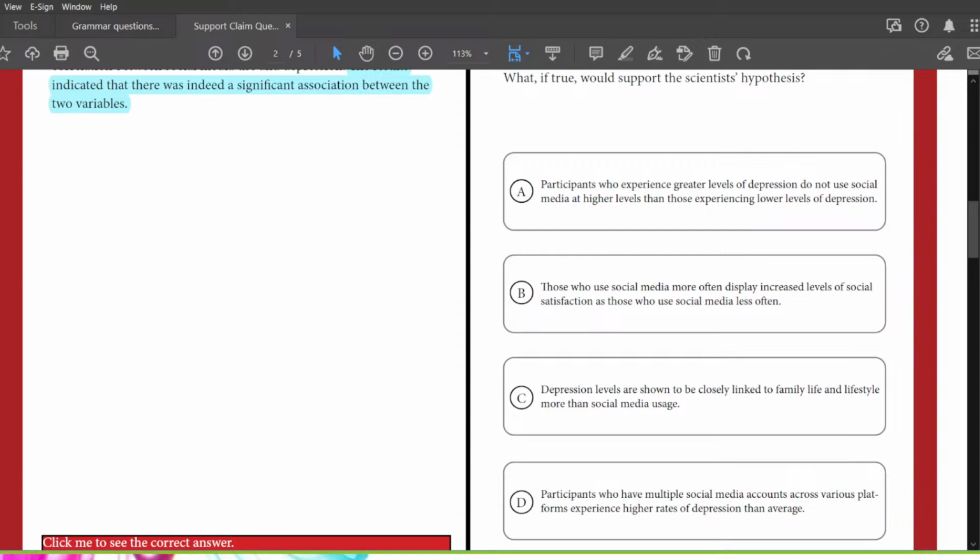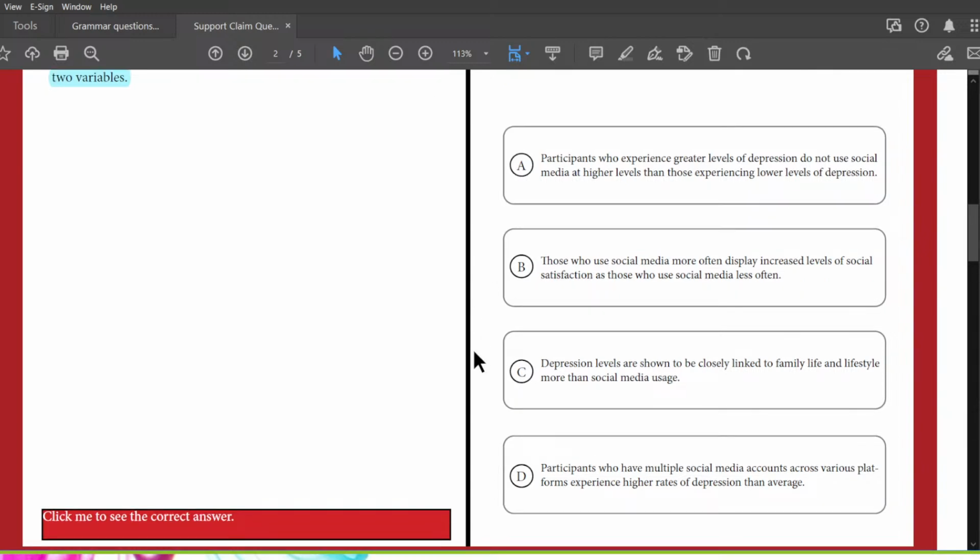Esteban, what did you put for this one? For the second one? Letter D. Okay. And what did you see in D that you liked? Wait, let me remember. Okay, so